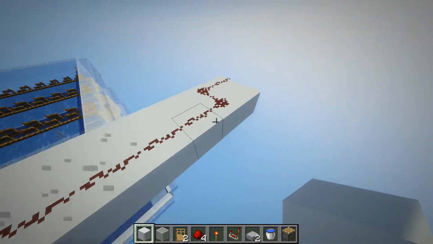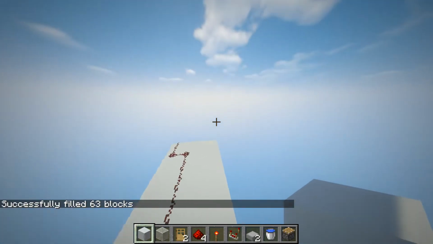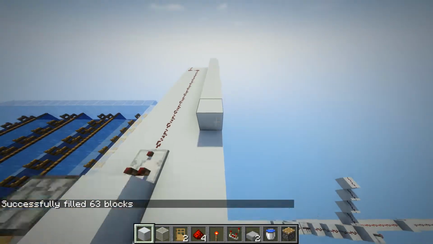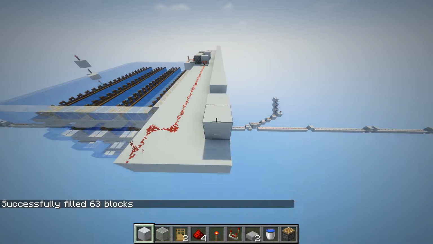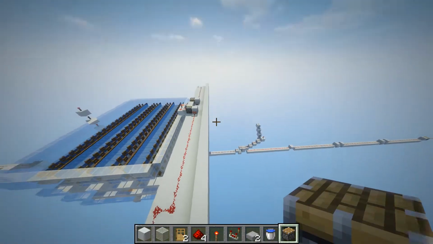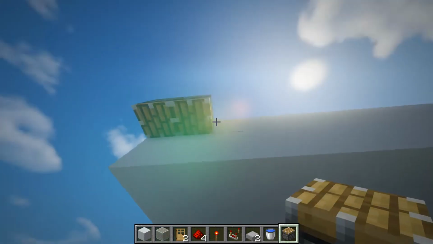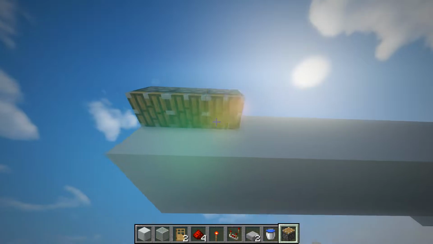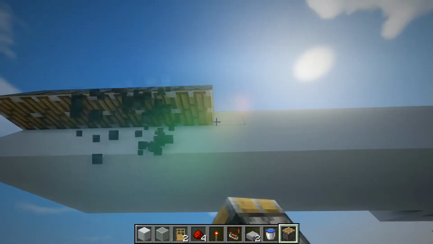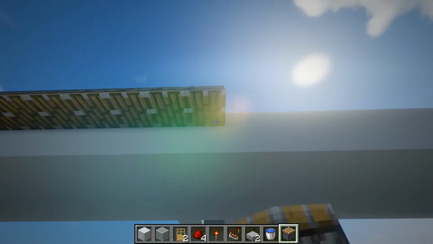Alright, now you want to go up by another 2 more blocks and fill it in all the way until the end. Alright, now here on this layer, you want to go up by 1 block. And this will be your pit where you place your pistons upside down. Now make sure this is correct. So 1, 2, 3, 4, 5, 6, 7, 8, 9, 10, 11, 12, 13, 14, 15, 16, 17, 18, 19,